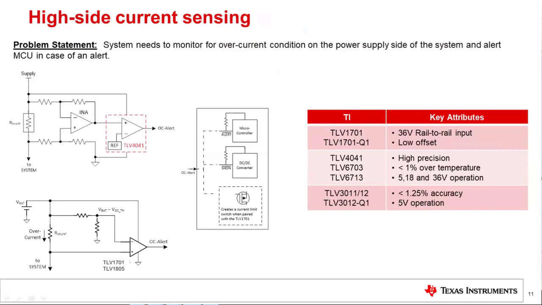And again, you look on the right side, we have devices that hit all these spaces. If you're doing high-side current sensing, we typically do recommend that 17OX family that I mentioned earlier because of that 36 volt rail-to-rail input, right? If you're sitting at the high side and you're dealing with those higher voltages, you really want that full input headroom to monitor your signal.